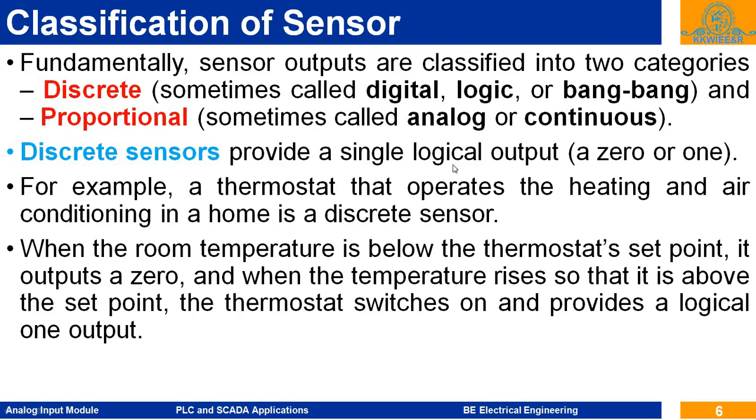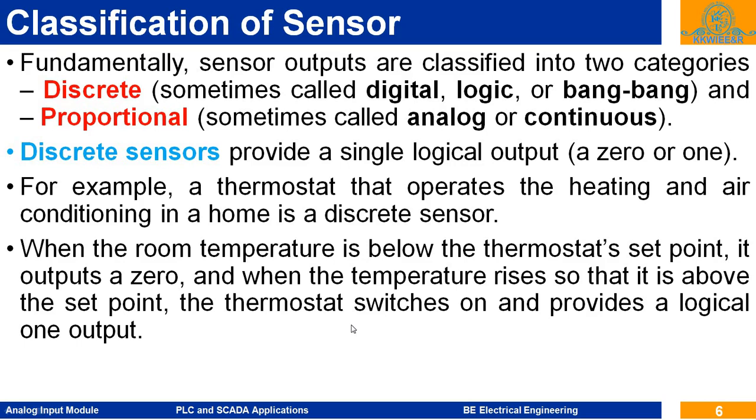Okay, so it is a discrete. There are two positions of the discrete output: 0 and 1, low or high, off or on. So these are the two positions. For that we will see the example of a thermostat. A thermostat is used in room heaters, water geysers, or in the refrigerator. This thermostat turns the water heater on and off.